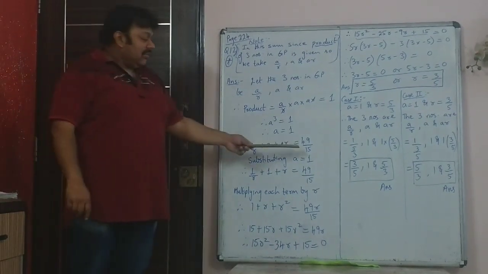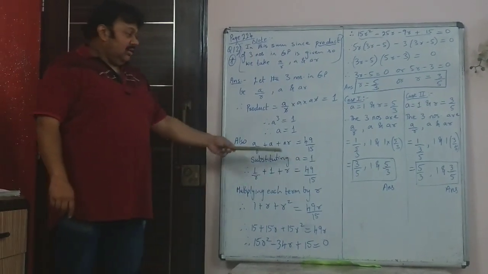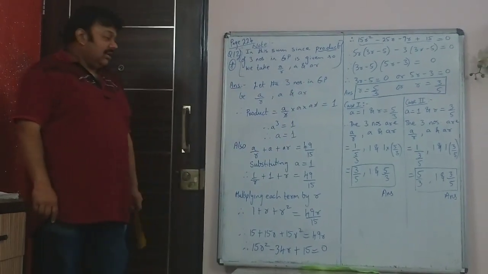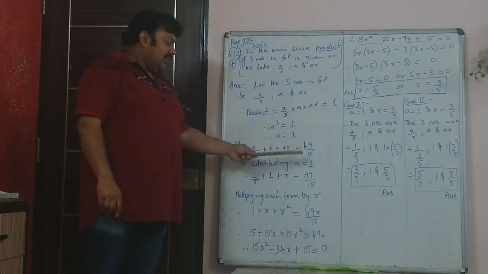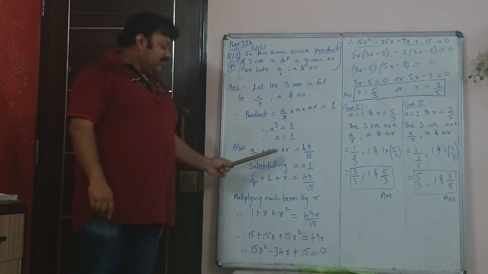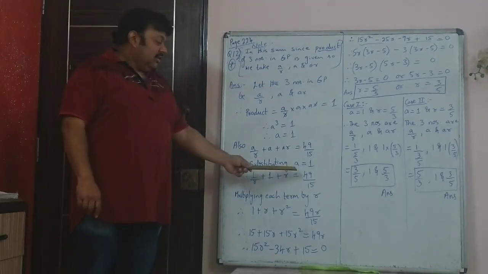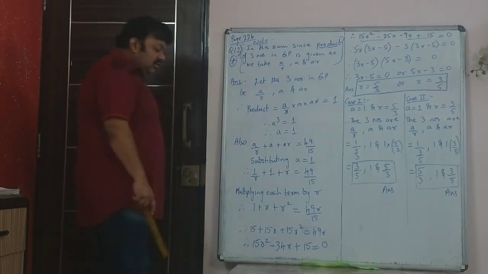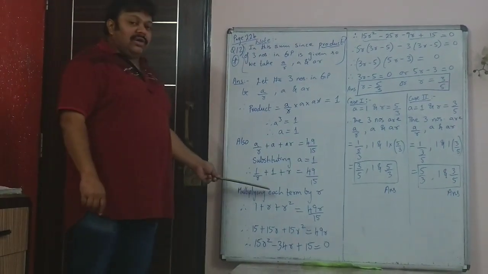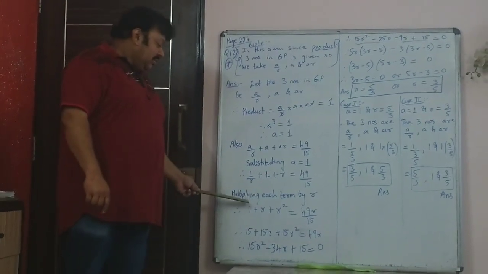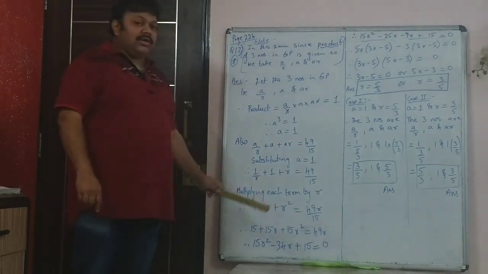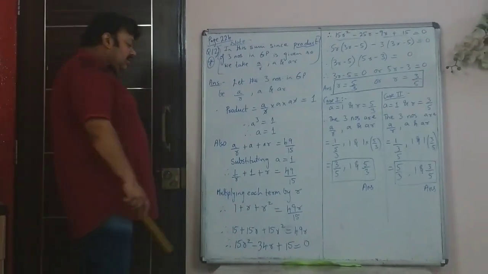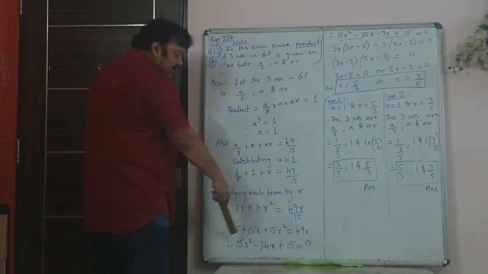And also you are given the sum of the three terms in GP is 49 by 15, means these three terms added give you 49 by 15. So now substitute a is 1, so this becomes 1/r plus 1 plus r is 49/15. Since there is an r in the denominator, I multiply the equation throughout by r so that I get rid of it. So it becomes 1 plus r squared plus r. This step is also as good as taking the LCM. Then I cross multiply and I simplify.